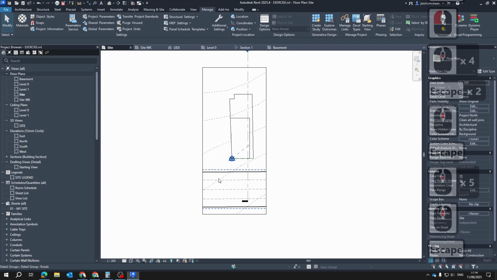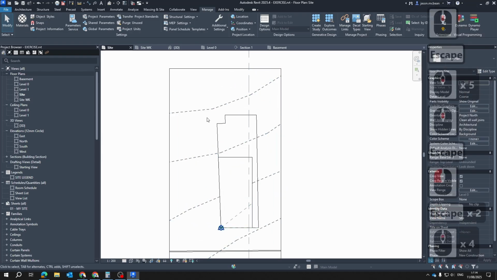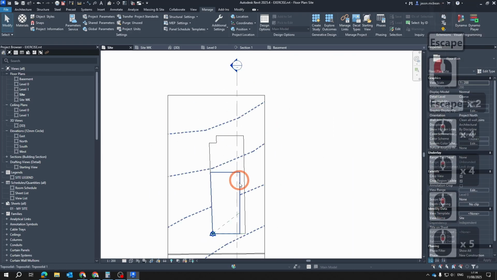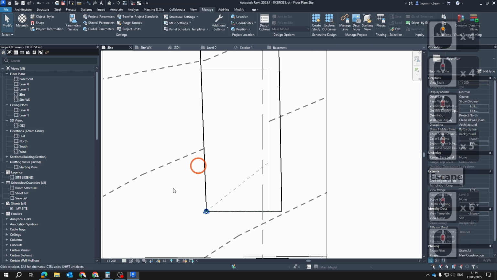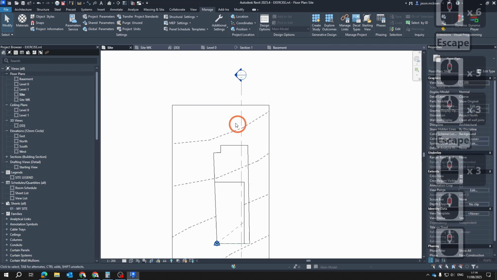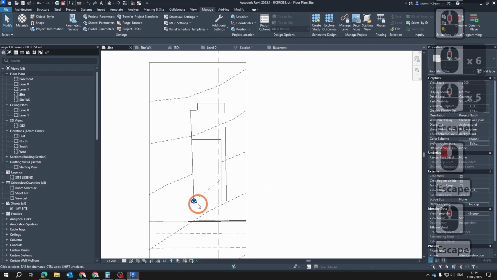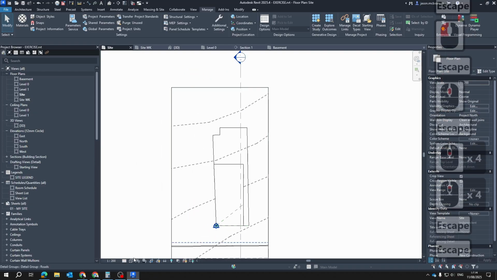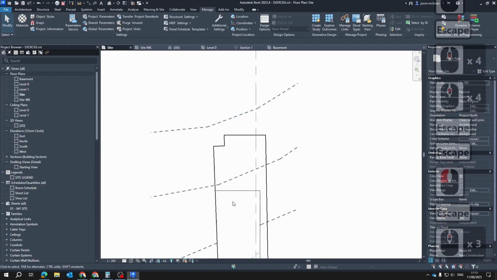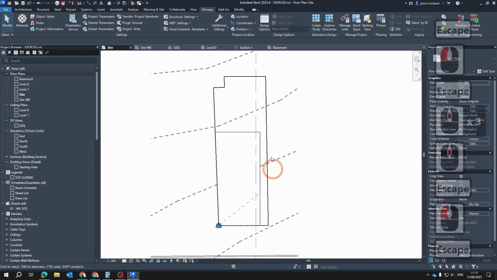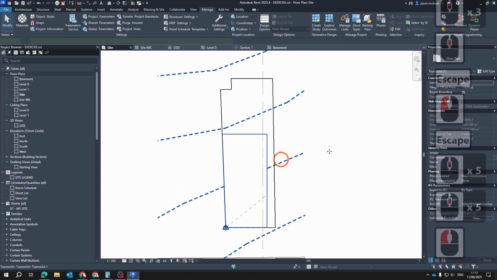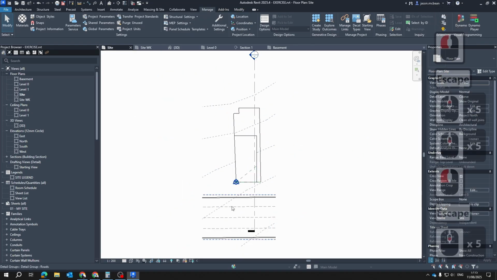Now, we do have a problem with how these represent, because you'll notice that technically this disappears. So what we probably have to do is redocument these lines as drafting items. So switch this off for now. This is a bit of a downside to Revit. So sometimes you're going to have to trace. So I actually create,